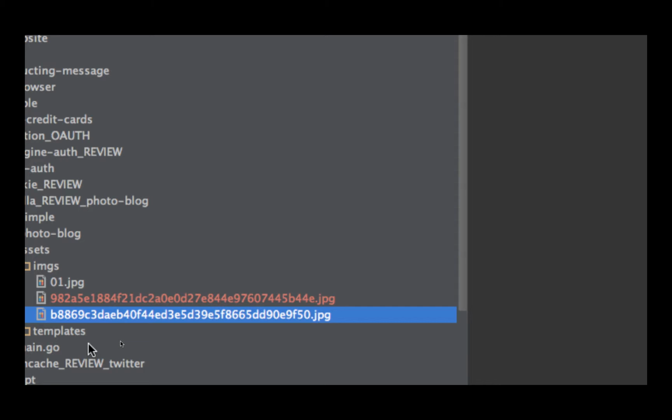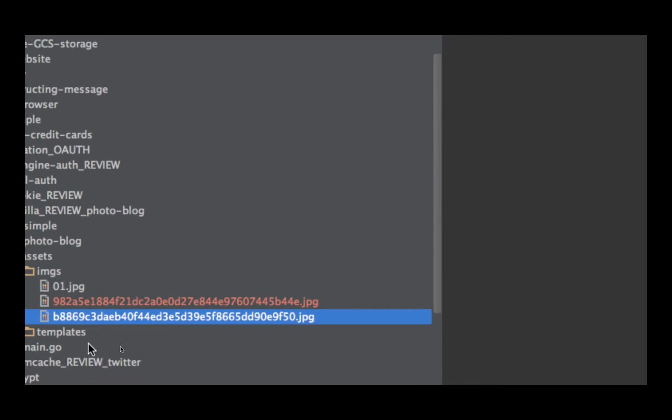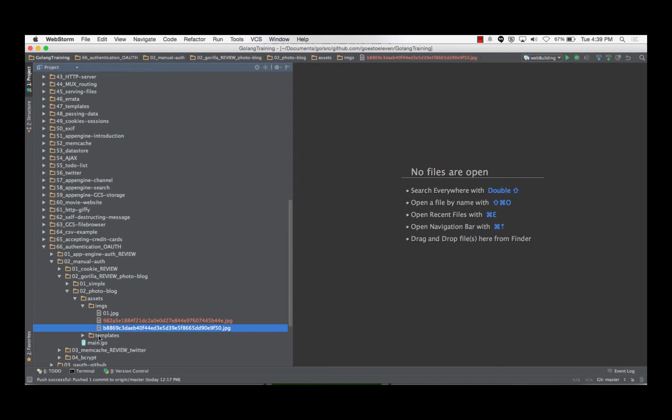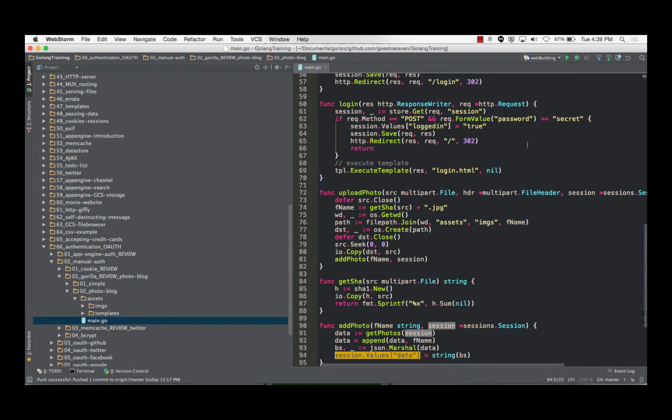And so I could run a hash algorithm like SHA-1 and just run the file through SHA-1. The hash algorithm will take input, and for a certain input, it will always give me the same output. And so if the same file goes through, it will get the same output. And so that's what we did here. But the main point of this is we want to look at how we are doing sessions and state and everything.